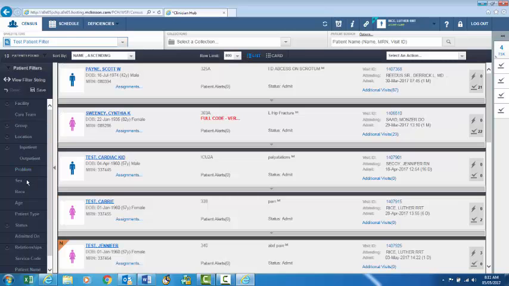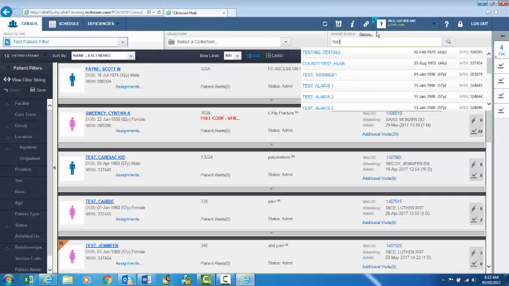And then problems, sex, race, age, patient type, you can search by all of those things, but remember, the more specific filter settings that you have, the more chances you increase of not finding your patient. The best thing to do to actually find a patient is come up to this patient search box in the top right, type the patient's name with the last name first,